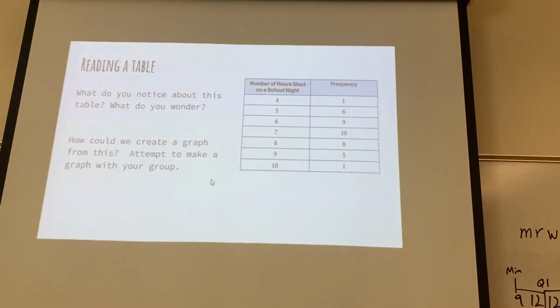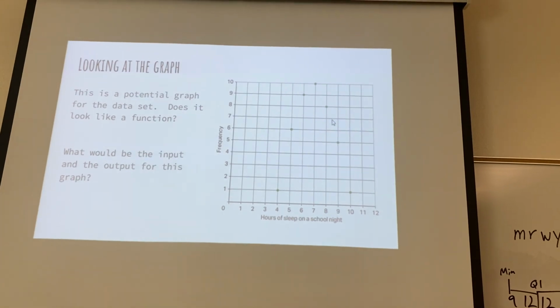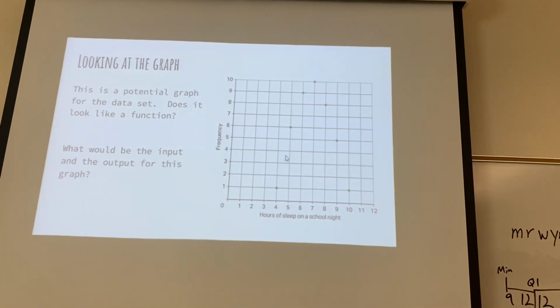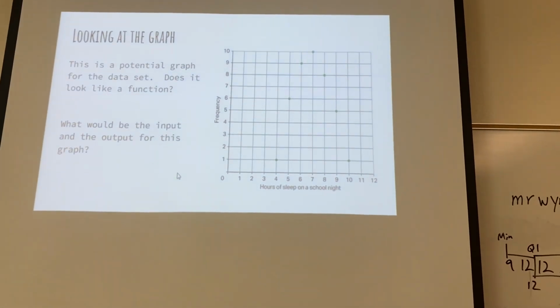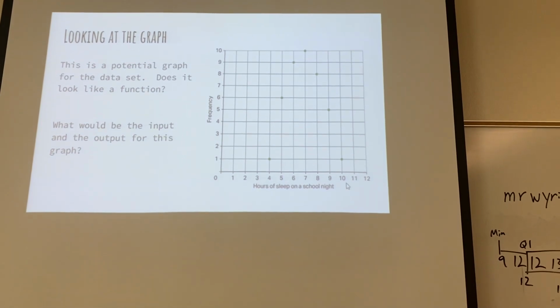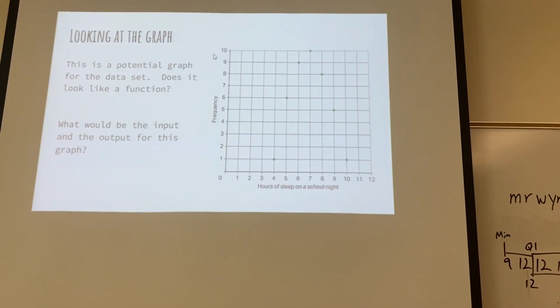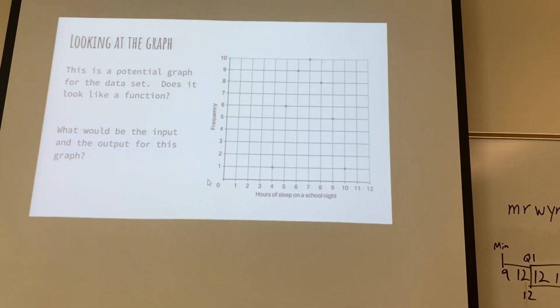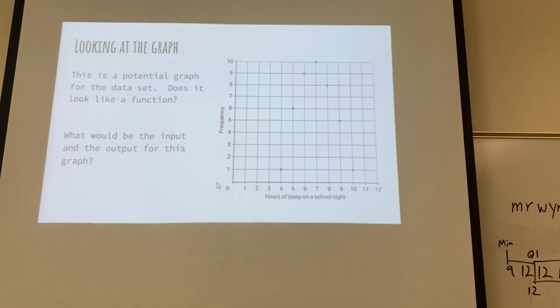So if we made that dot plot and then removed the dots that were underneath it, you would see this. This is just the top dot of everything that would be on that dot plot. Okay, and what would be the inputs and outputs? Well, the inputs would be over here, hours of sleep on a school night. The outputs would be the frequency with which that was selected. So we can see it's kind of reversed from how you would say this out loud, but you're still dealing with,